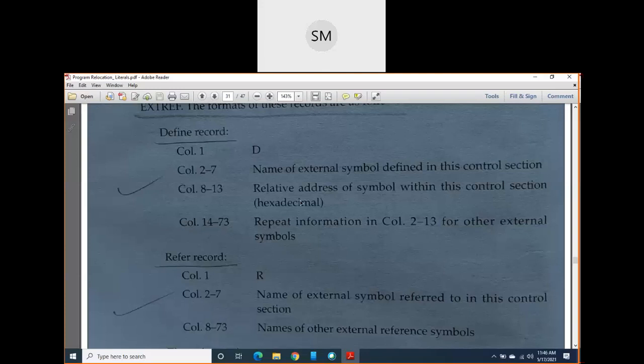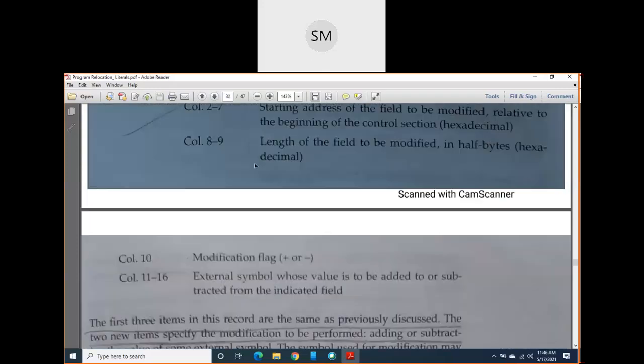Then from column number 14 to 73, also repeat the information in columns 2 to 13 for other external symbols. It means you write the D, and after that, from the next column onwards, you keep on listing all the symbols which you have written in your program as external definition.